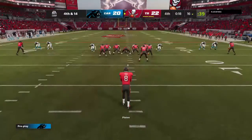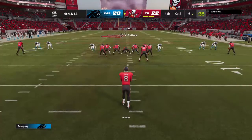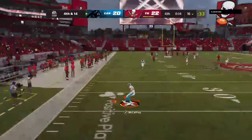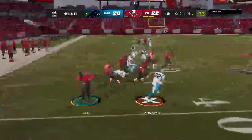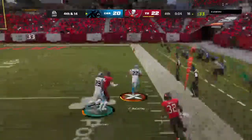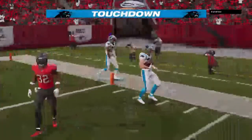Here's Bradley Pinion now. And surprisingly, this is the first punt of the game for either team. Fielded just inside the 30. And now off to the races down the right side. And he's going to take it all the way into...